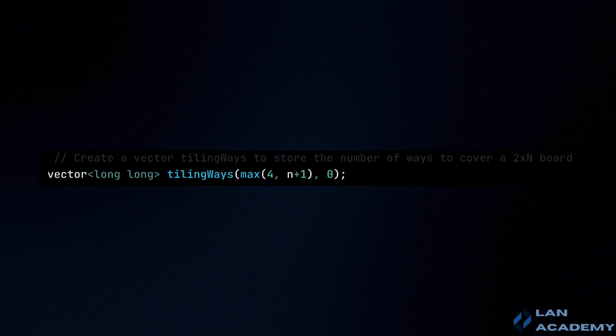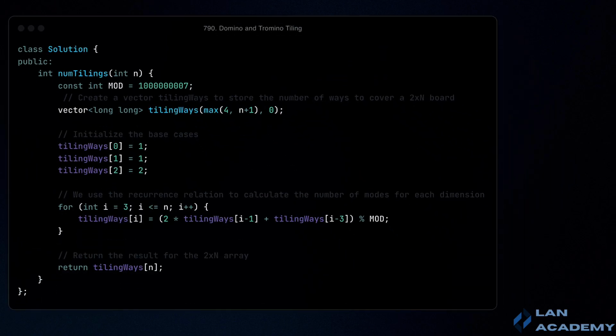This ensures that the array has at least 4 elements, even if n is less than 3. To properly start the recurrence, I need at least 3 elements in the array, plus 1 additional element for n plus 1, making a total of 4. If the array has fewer elements, the max function will return 4, which helps prevent memory access errors and ensures that the algorithm is implemented correctly to find the number of ways to cover a 2 times n board.